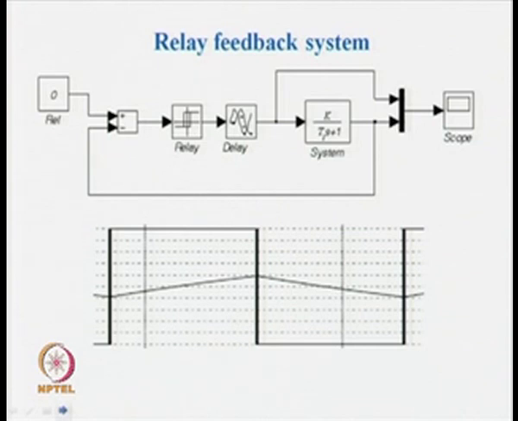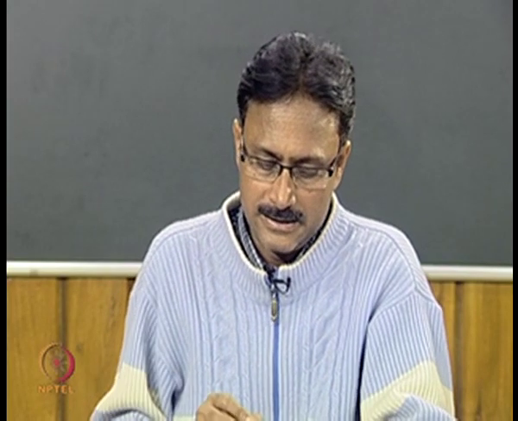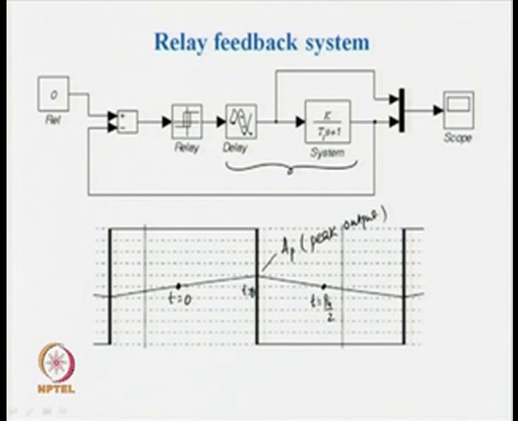Now, when the output waveform is zoomed here, we see that the output has a 0 crossing over here. So, let us start with time t equal to 0, and again we have a 0 crossing at time t equal to Pu by 2, where Pu is the time period of the output signal. Now, at time t equal to theta, interestingly we get the peak output, which is designated by Ap. Ap stands for peak output of the system. So, whenever a first order plus delay system is subjected to relay test, then the typical type of output we obtain from the test is of this form,